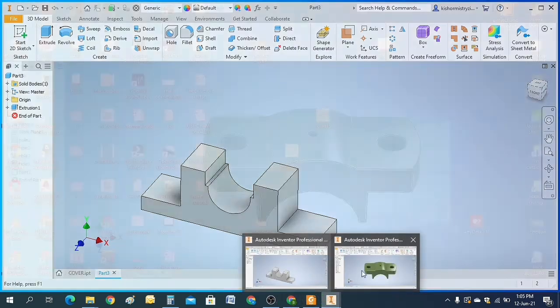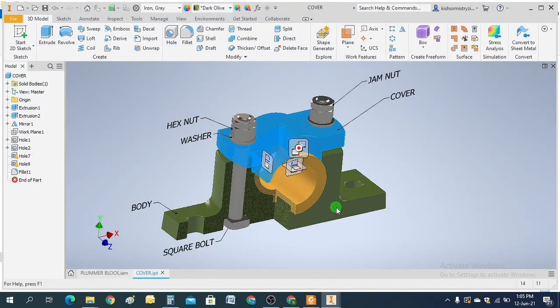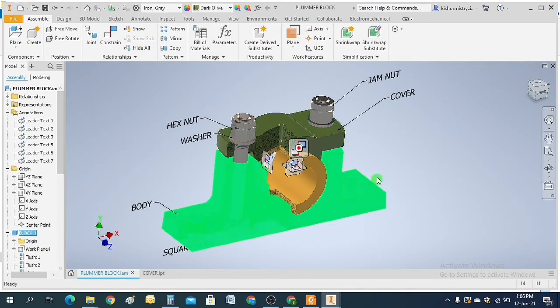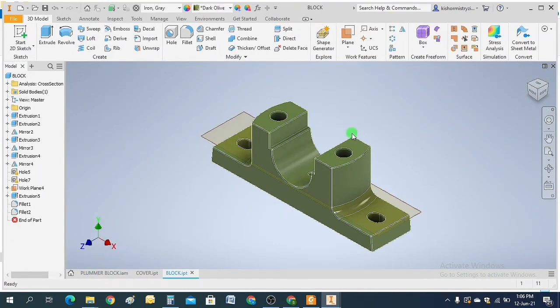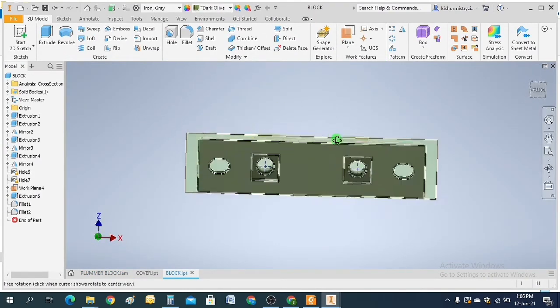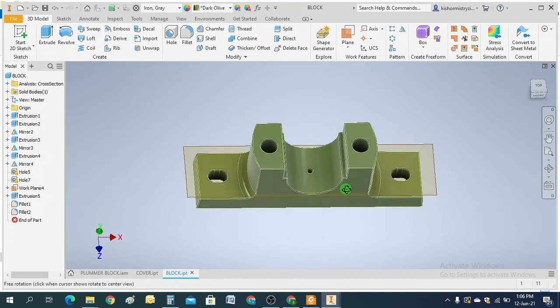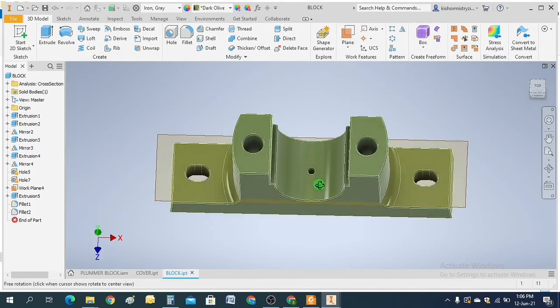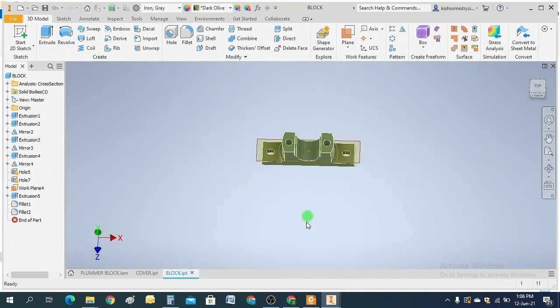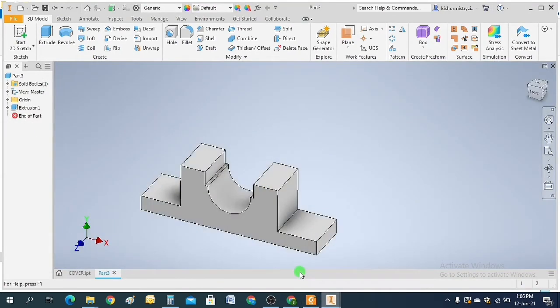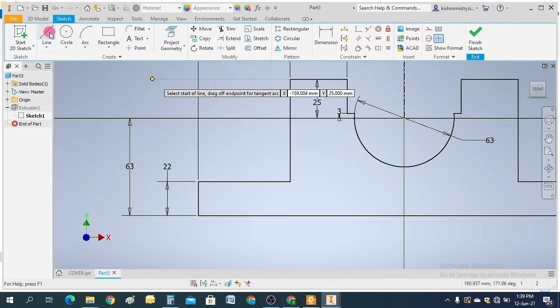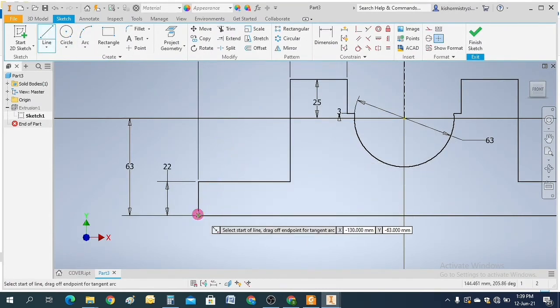So let's once again check the finished part. So here you can see this. Now what I have to make, I will make this. One thing which I forgot to add, just this face will be taper.